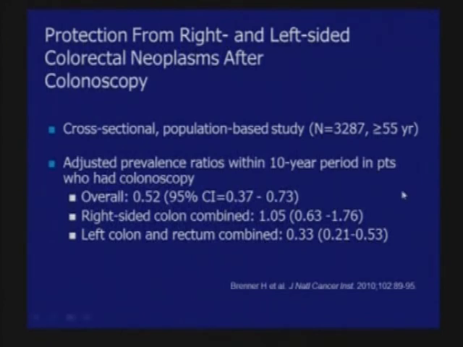And shortly thereafter, there was another one, a cross-sectional population-based study, thousands of patients. And look at this. There was an overall reduction in mortality from colonoscopy of a half. But it was all from left-sided cancers, and there was actually no reduction in right-sided colon cancer mortality at all. So this brings back to question that whole flexible sigmoidoscopy debate. The whole reason we're doing colonoscopy is because we think it does better than flexible sigmoidoscopy, but the data are showing us that we actually may not.